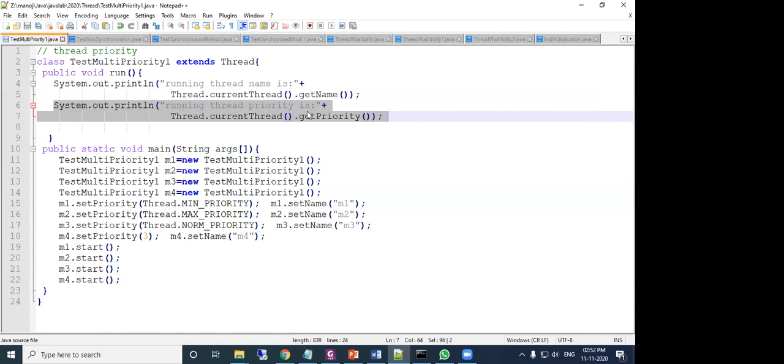Means getName will be called for these four threads. Again, getPriority will be executed for the four threads. Now let us compile this program and execute it. The program name is TestMultiPriority1.